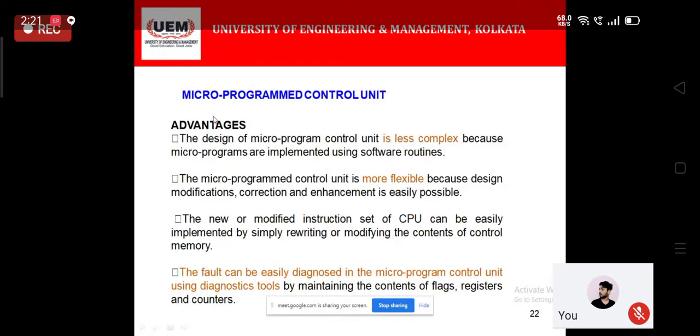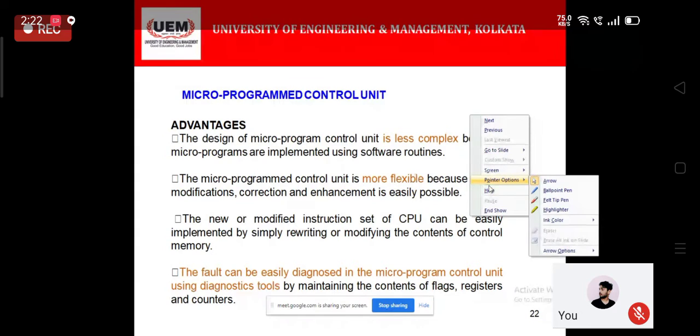The advantage is, in the previous hardware control unit, you have a big circuit and the complexity was high. But here you have a program based unit, so it is less complex and more flexible. Why? Because in any circuitry you implement, lots of errors can come: connection problems, or the devices or internal components may not be working. Those things can be there. That is another problem.